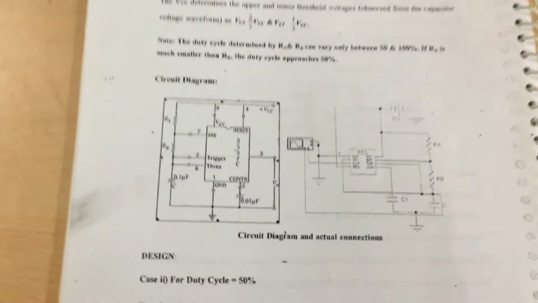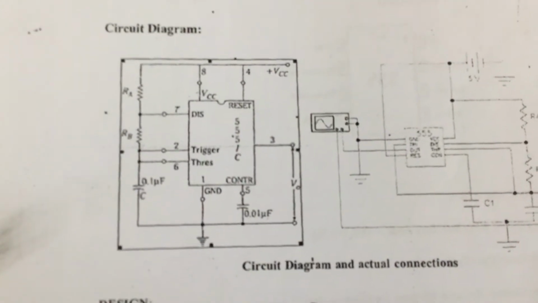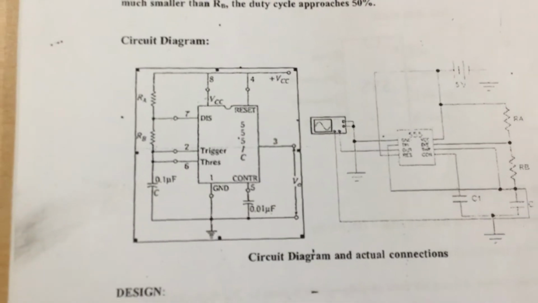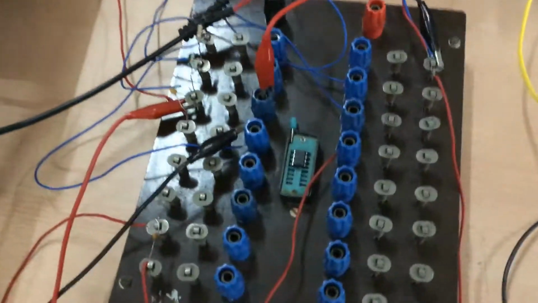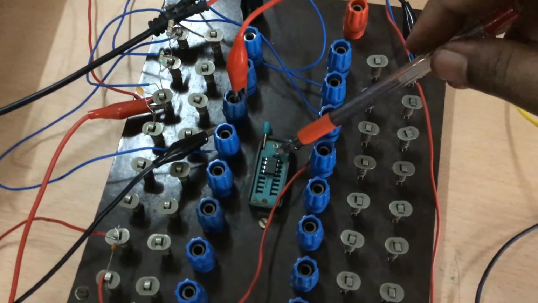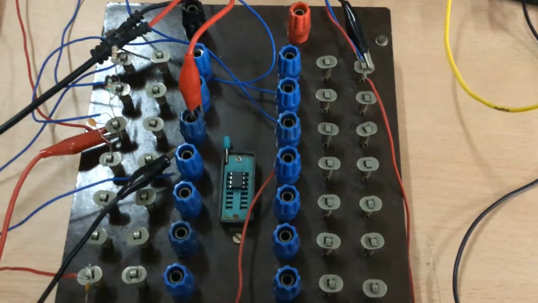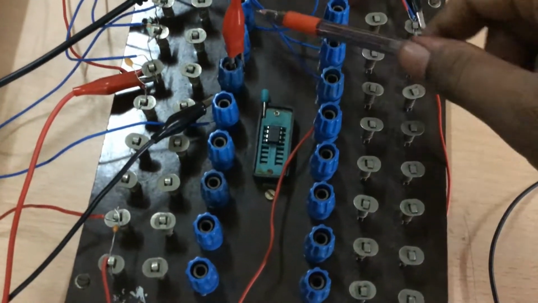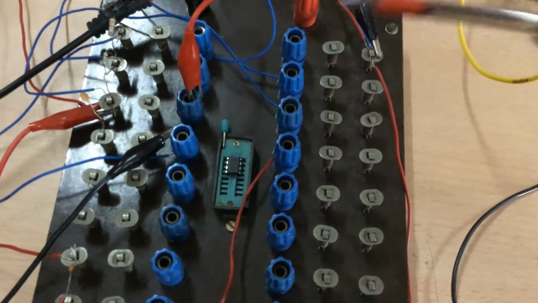Next, coming to the circuit diagram of the experiment astable multivibrator. So this will be the circuit. Pin by pin the connection has to be given accordingly and ground must be done. First we insert the IC into the socket. The IC contains a total of 8 pins, and we have to consider the upper half of the pin sockets only, since we have inserted the IC at the top.